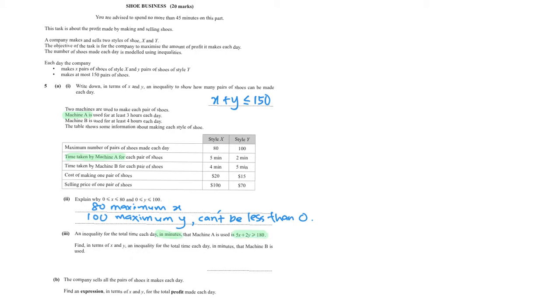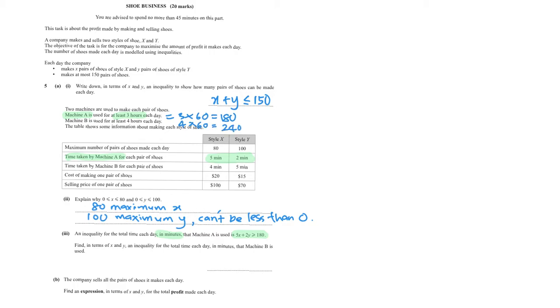Then this is what they gave. 5x plus 2y greater than or equal to 180. So, yeah, we can see the connection here. So 5x plus 2y must be at least 180. And now we can see where they get 180 from. This 3 hours in minutes is 3 times 60. That makes 180 minutes. And we can apply it for 4 hours here. So 4 times 60, that will be